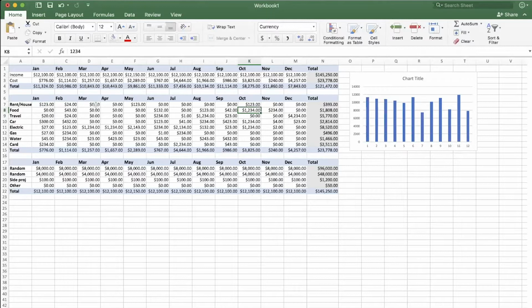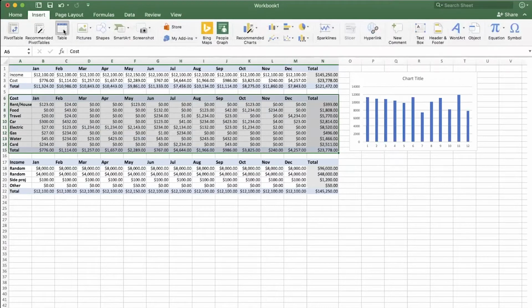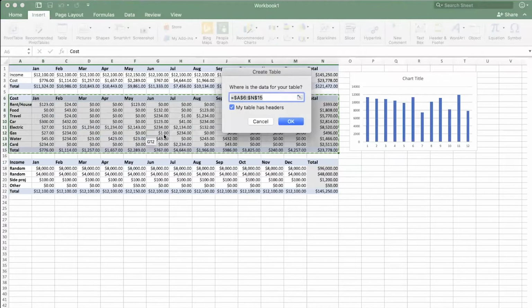Let's say you want to reorganize these. Maybe so they're alphabetically organized. If I want to do that, I'm going to go ahead and put in cost here and income, just so I have labels in this. I'll select this content, and I'll go to Insert and select Table. Because I selected my content, it automatically says, oh, you want to turn this content into a table? Okay. And I want it to say my table has headers. I want that to be checked because I want it to sort using those headers.